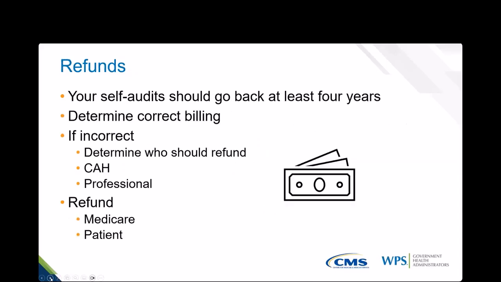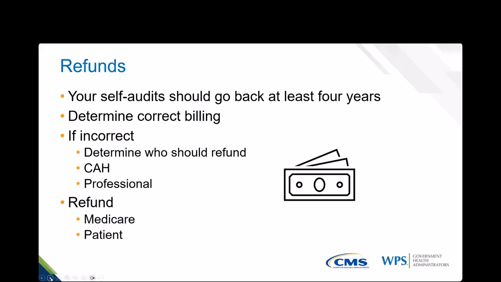As Aline talked about earlier, not only were there incorrect payments by Medicare, but there were also incorrect payments by the beneficiaries. The beneficiaries were being held responsible for their coinsurance or deductible for services that they really had no responsibility for. So when you're going back and doing these self-audits, and we really do encourage you to do these, you should go back at least 4 years in looking at the claims that you have submitted, the providers that are involved, looking for those reassignments. And this is effective for both the CAHs and for the professionals themselves.